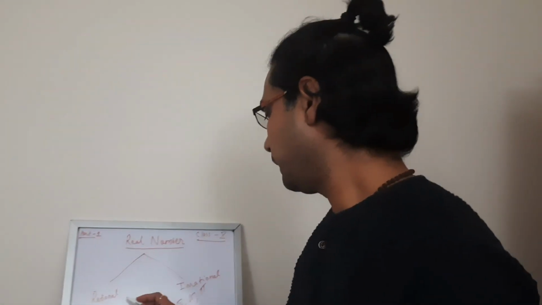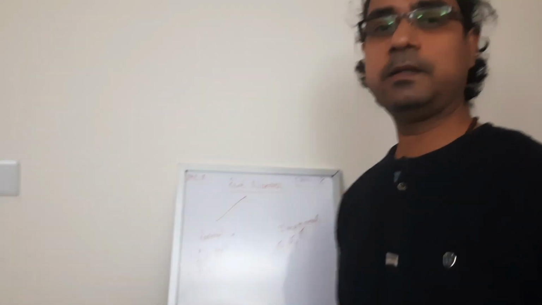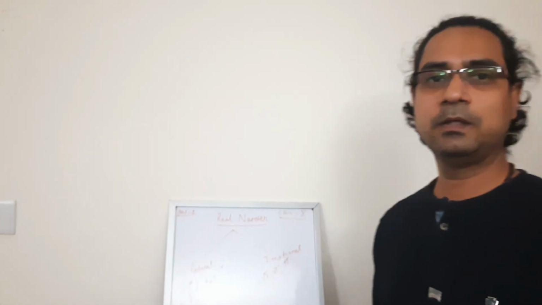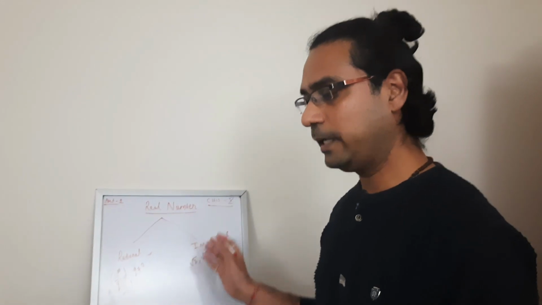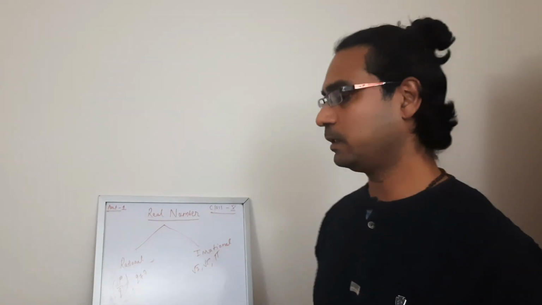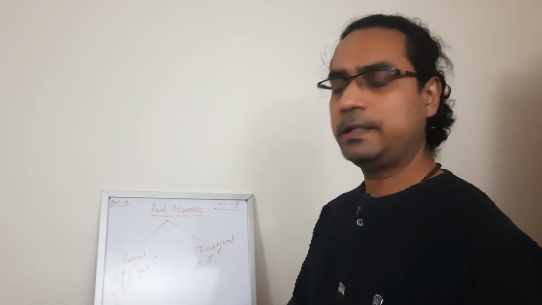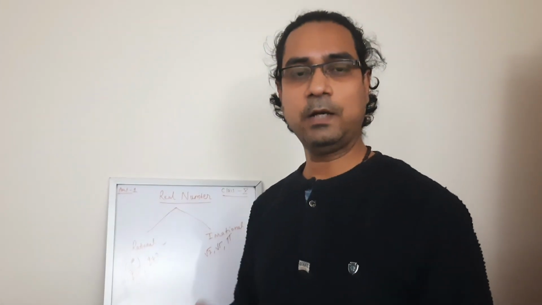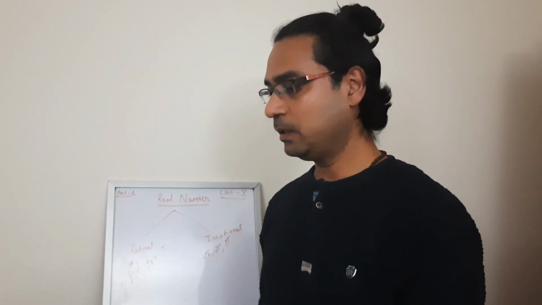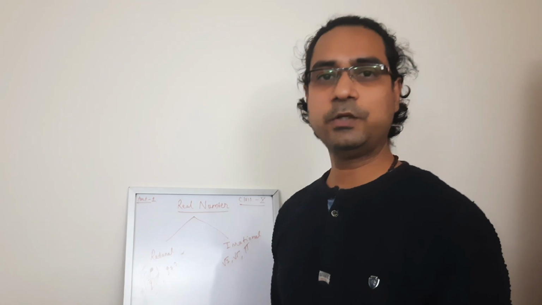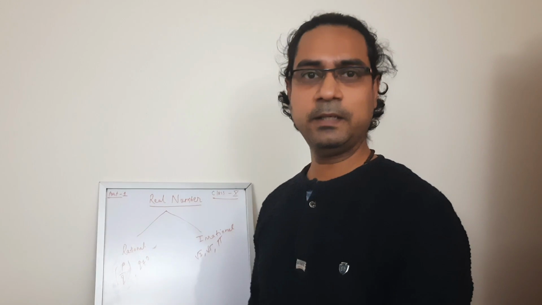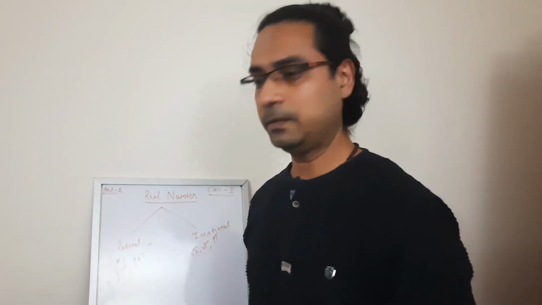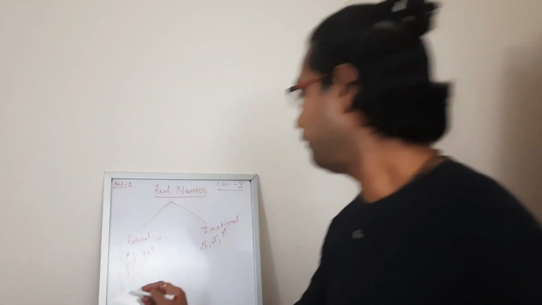So in rational numbers, there are some theorems and some algorithms which we will discuss one by one. Before going to the theorem or lemma which I am going to use, Euclid's division algorithm, let's understand the difference between the two. An algorithm is a set of well-defined steps, and these steps create a procedure which you will use to solve a type of problem, while a lemma is a proven statement which is used to prove another statement.